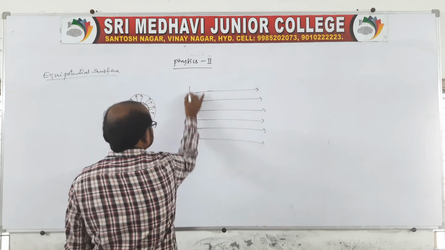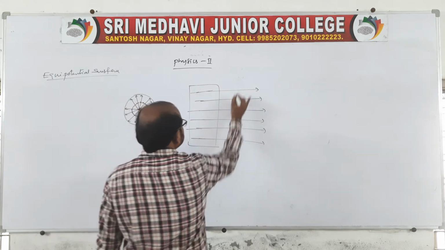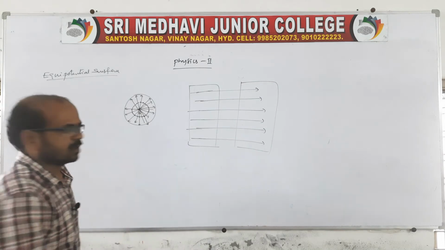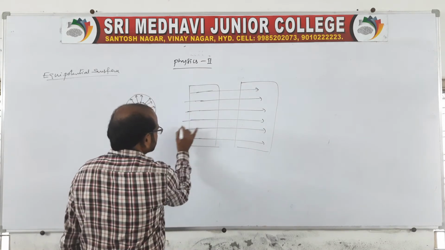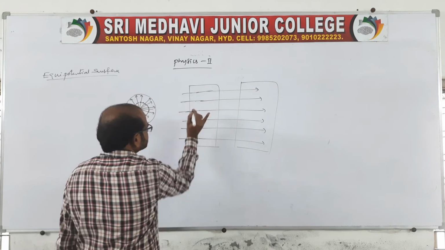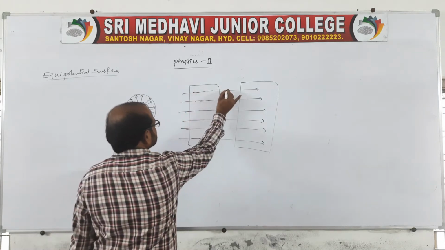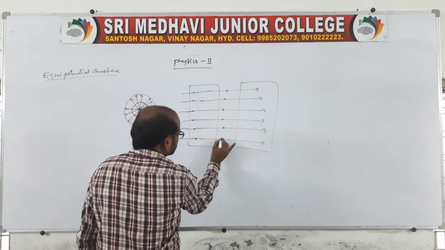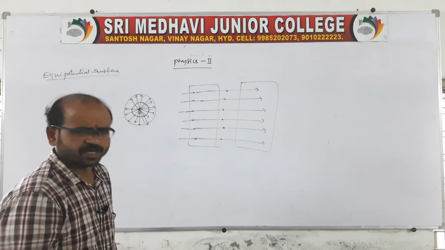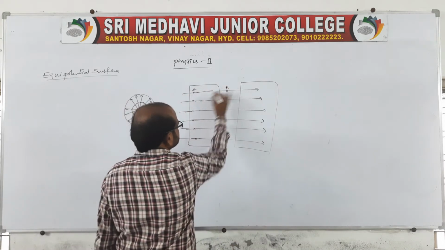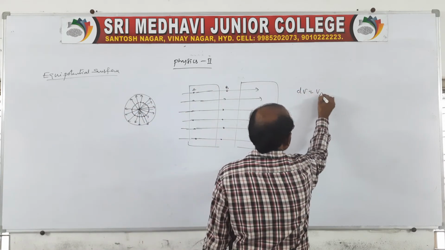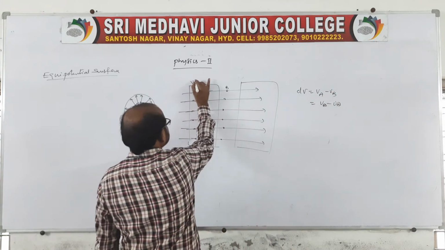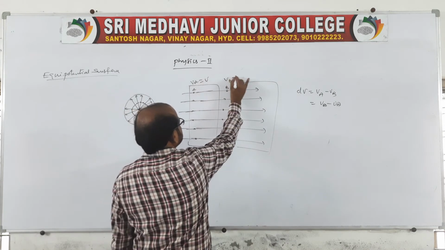Say suppose there is an equipotential surface. You say this is one surface and it is another surface. Of course, the field intensity will be the same. Or you say the potential is the same at all points. At all points the field intensity will be the same. If the field intensity is the same at all points, now we are asked the potential difference between any 2 points. What happens? It is A and B, you say. Therefore dV is nothing but VA minus VB, or we can say VB minus VA. So here the potential VA and here the potential VB. Of course here is V and here also V.